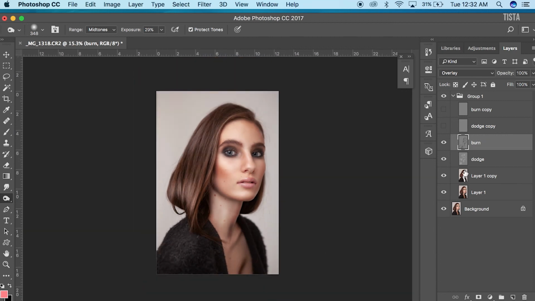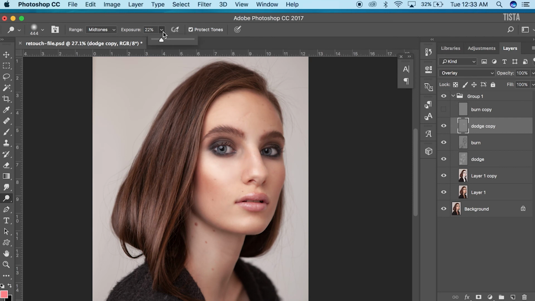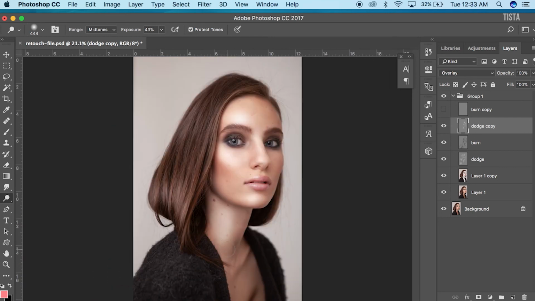In each layer we will turn down the opacity to a point where it feels natural and realistic. I'm quite happy with the result. Now we move on to another dodge layer. In the second dodge layer, we will just brighten up specific points, like a bit near the forehead or the nose or the cheekbones,